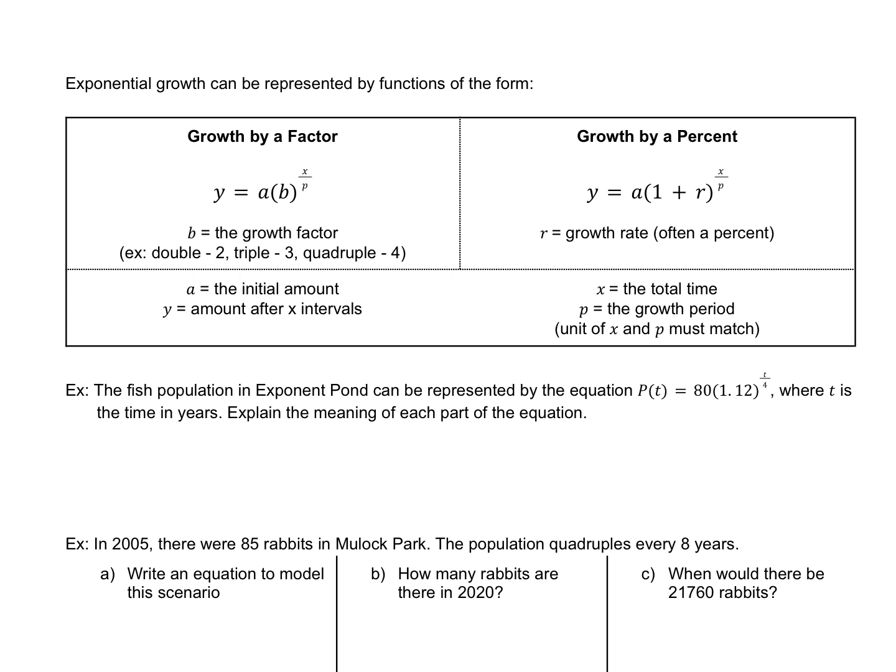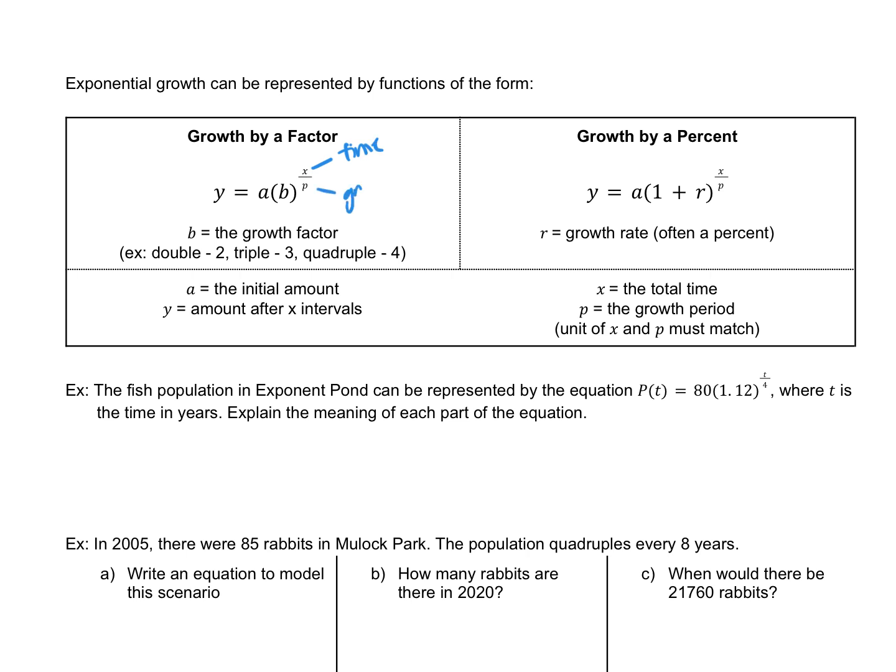Y equals A, where A is the initial amount, so the starting population or the starting value, whatever it might be, times that growth factor, whether it's 2 for double, 3 for triple, 4 for quadruple, whatever it might be, to the power of how often that growth factor is applied. Now, in our example, it was just to the power of x, the number of days, because the growth factor was per 1 day. But if you have a growth period of, let's say, doubling every 3 days, then I have to put that 3 in the denominator. So here we have time